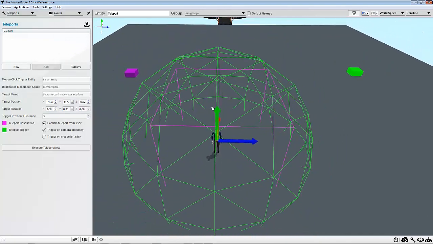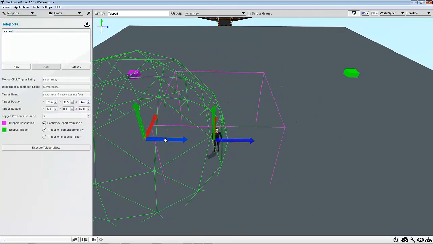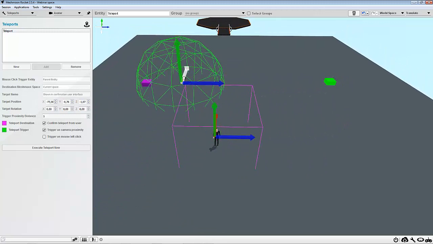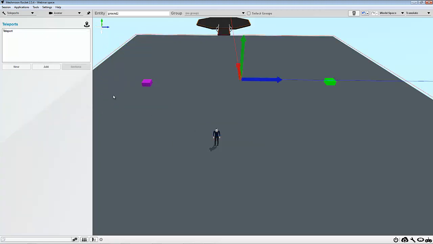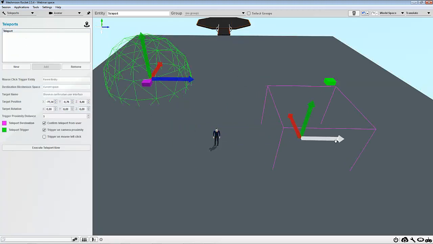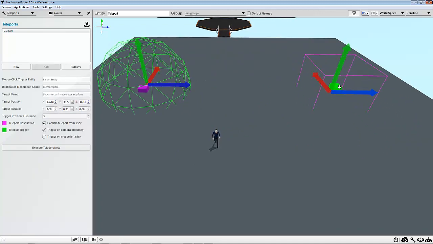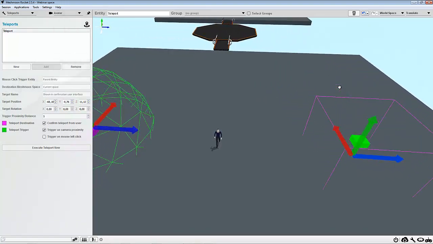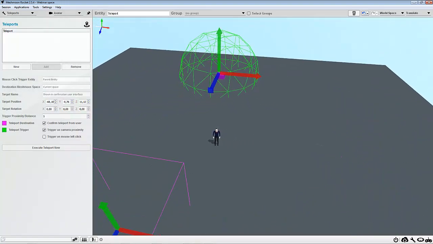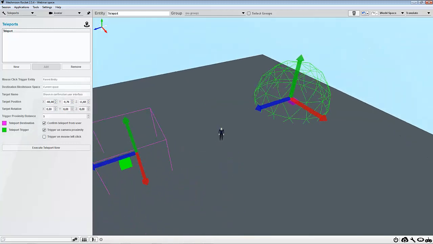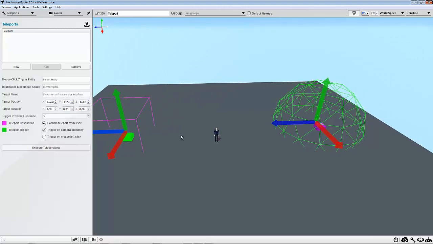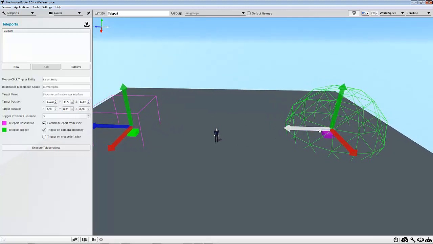So let's move first maybe the trigger close to teleport 1 like this. Okay, and then move the destination to the other way, here close to our destination. So should be actually approximately centered. This one is okay, this one is not okay. Here it's better. Okay, so now that we have set our space,